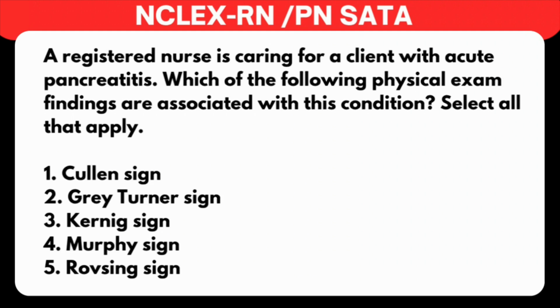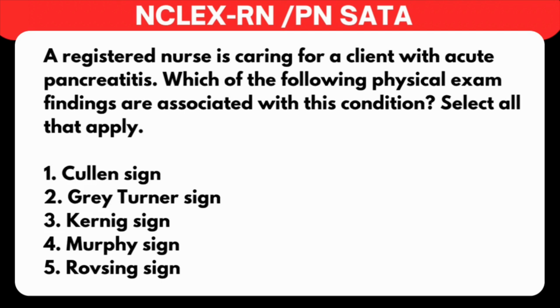What is acute pancreatitis? You've got it. It is that sudden inflammation of the pancreas, and it causes really severe abdominal pain. There are many different causes of this condition, such as gallstones or even excessive alcohol use, certain medications, or even high triglyceride levels. So let's go ahead and work through these one by one, and we're actually going to start